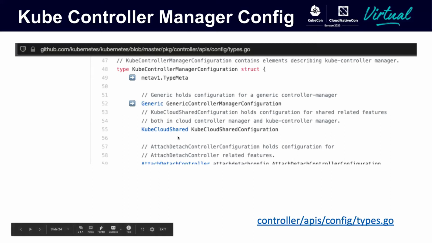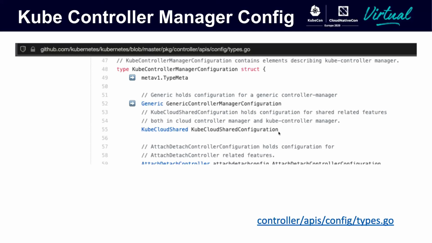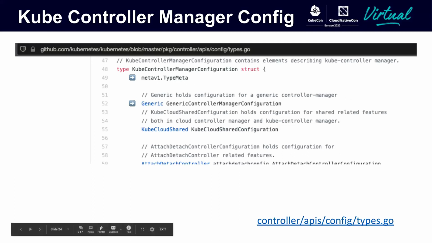So this is the first example you see of everything should be plug and play in a way. The controller manager doesn't really start or care that much anymore about the cloud controller manager, but there are still some configuration fields which are needed by both parties. Right. So this is why we have this configuration substruct. All right. So as we said, the container type, the controller manager configuration, is versioned.